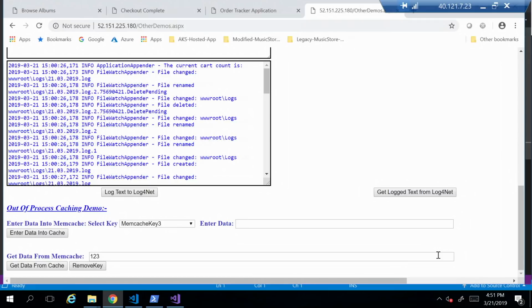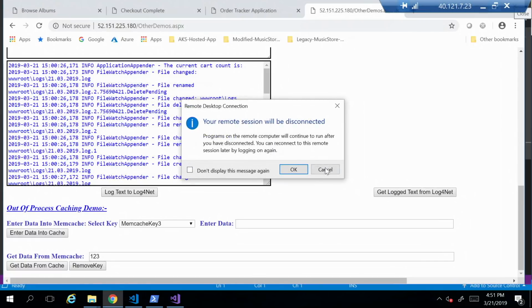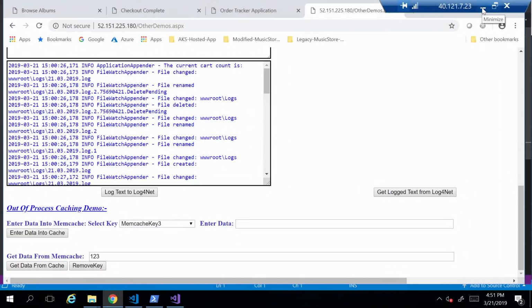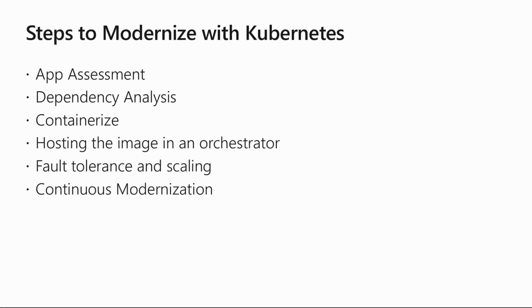So it really is, the price of admission really is just containerizing your app. Containerizing your app, exactly. In fact, we can go back to the slides here. Just want to summarize some of the steps here. These are essentially the steps, Steve. So it's really important to do an assessment of your application. And then oftentimes a critical step is understanding the dependencies. So I have a Windows service, what DLLs do I have, what permissions do I need? And this is probably the most critical part, the dependency analysis.